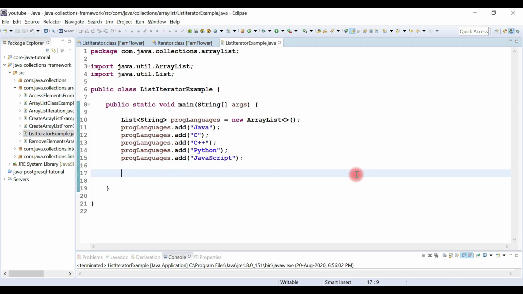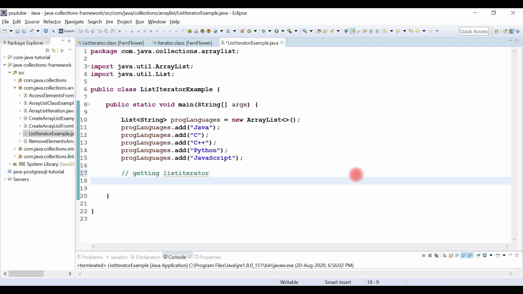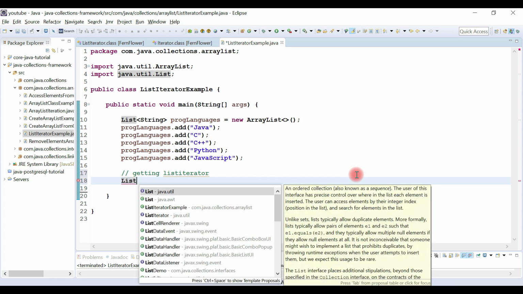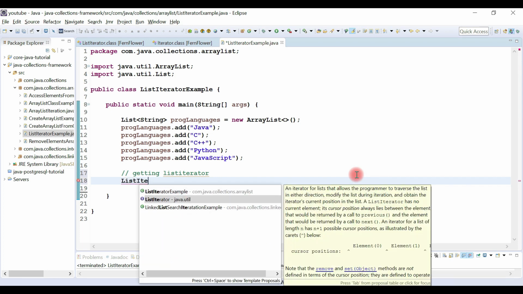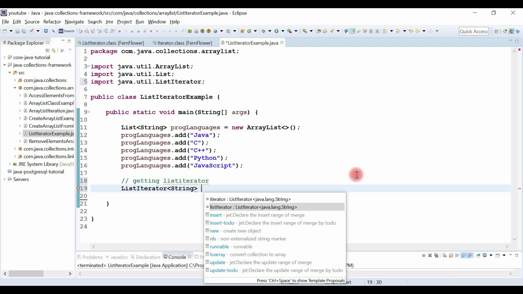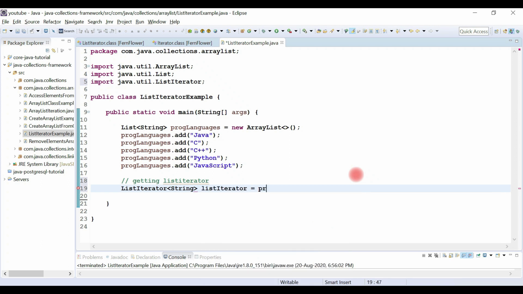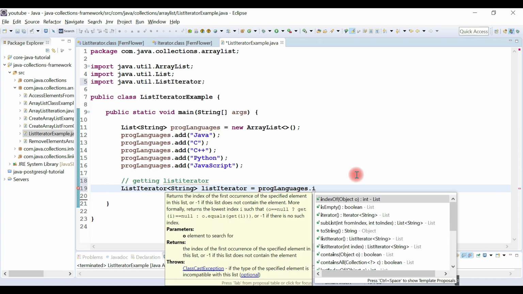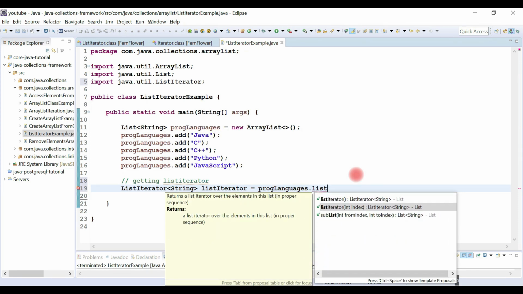Now let's create a ListIterator object. Let's call it listIterator. For that we're going to use the ListIterator interface here. Make sure that you import ListIterator from the java.util package, and let's first type a String, and then this is a ListIterator, and then we have the programmingLanguages list, and just call the listIterator method.